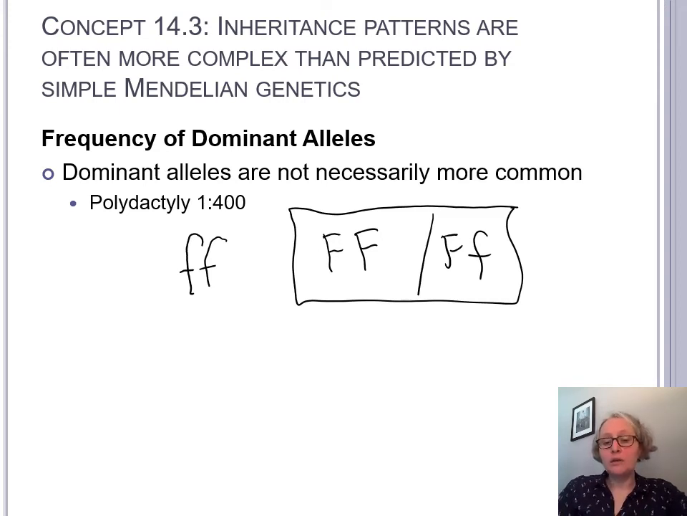The dominant allele is simply the allele that, if both alleles are present, is the one expressed over the other. Polydactyly is actually fairly common in the United States. It's in 1 out of every 400 individuals. When an individual is born with polydactyly, usually early on at birth, the surgeon will just